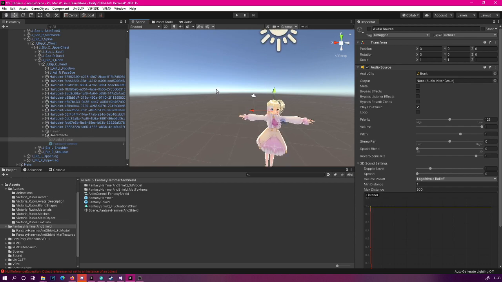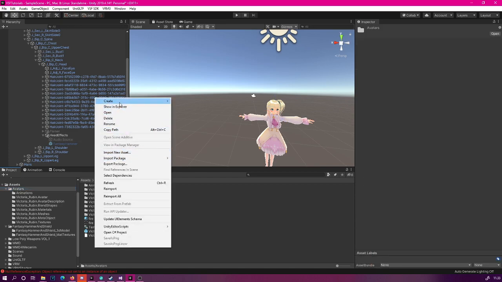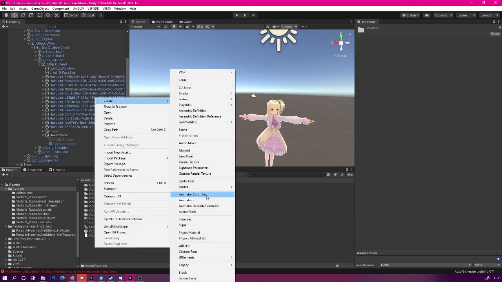So what we want to do next is create a new animation. In the first tutorial we did create an animator, so if you have not added an animator yet, do create one. You can do this simply by right-clicking and then creating an animator controller.